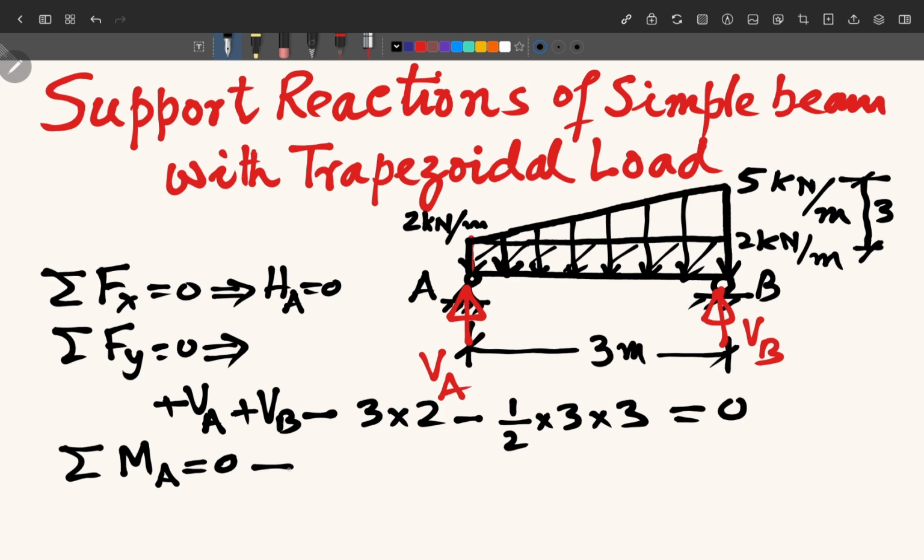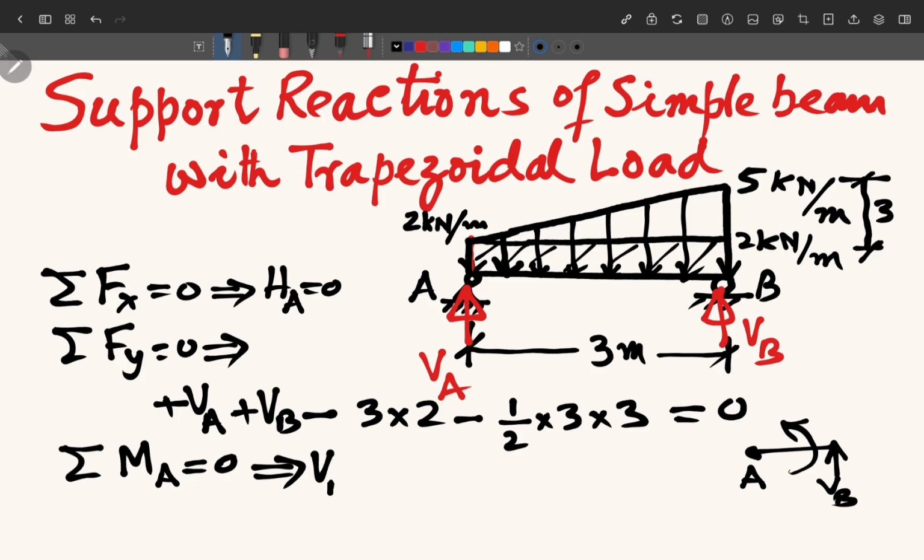Okay. So here what we get, VB. If you look at VB, how it will try to rotate. This is VB, and VB will try to rotate your beam in the anti-clockwise direction. So anti-clockwise moments are taken as positive. So we'll write here